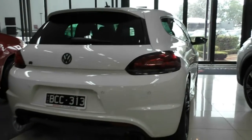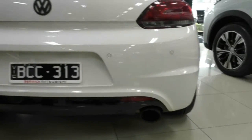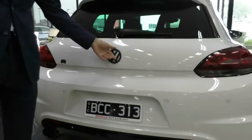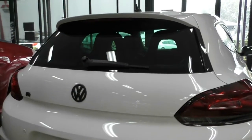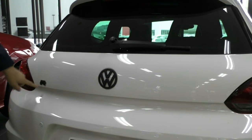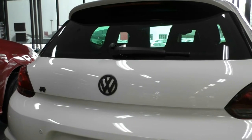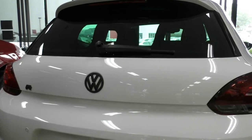You get that really nice distinctive twin exhaust. You do get colour matched reverse parking sensors as well. As you can see the rear badge has been blacked out too. You get your high mount stoplight and the rear windscreen wiper, which is always good for a hatchback. You have your Volkswagen Scirocco R badge. Looks like that's been blacked out as well, so just really contrasts with the paint on the vehicle. Just going to open up the boot,